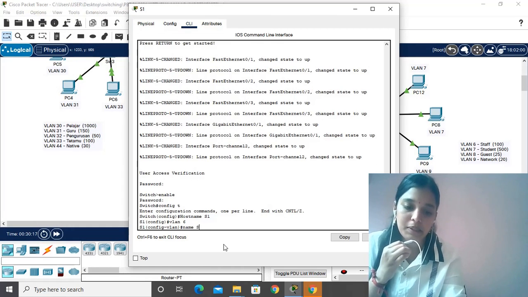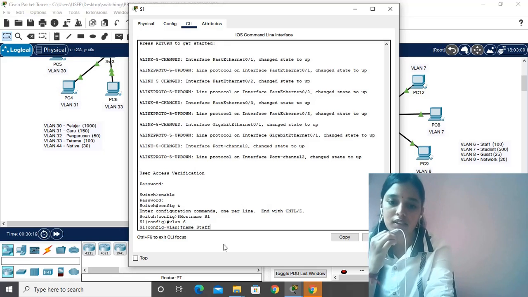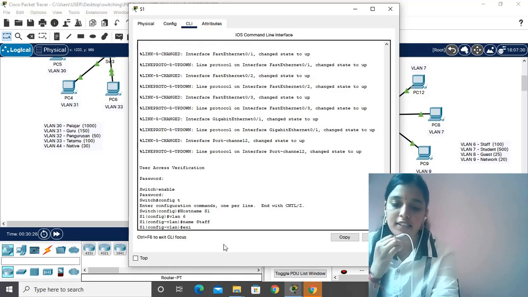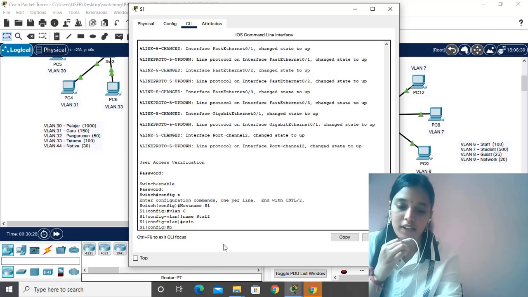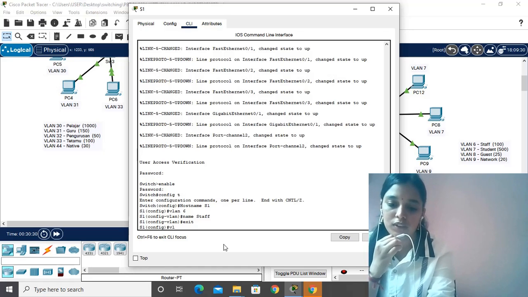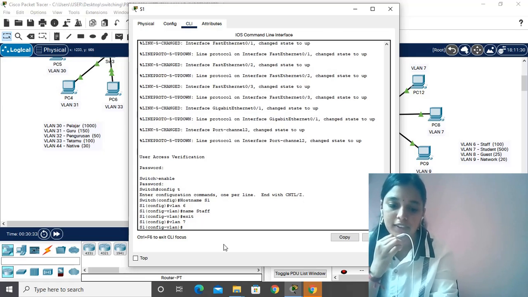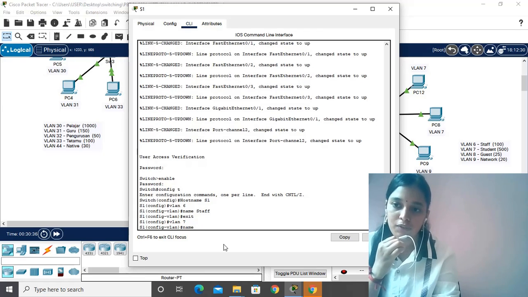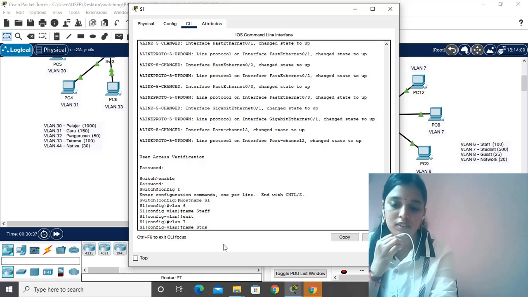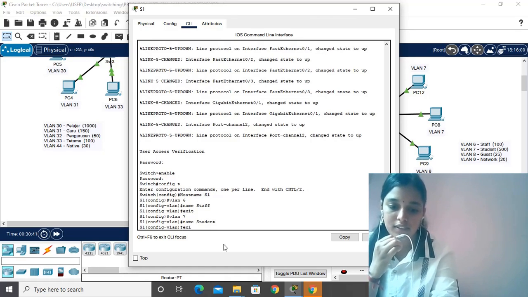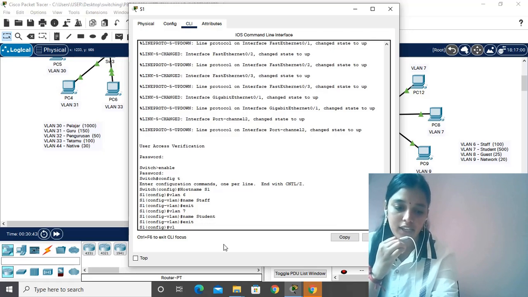S must be capital letter. Once we start, the front of the alphabet must be capital, so name staff, and then exit, go to the next VLAN 7. So follow the steps. VLAN 7, name for VLAN 7 is student, exit, then go to the VLAN 8,